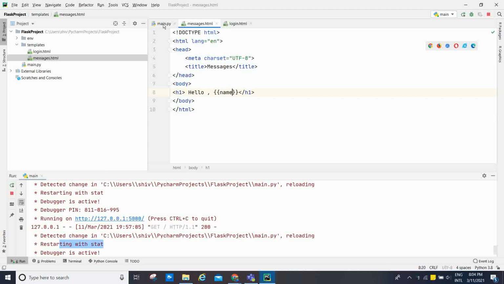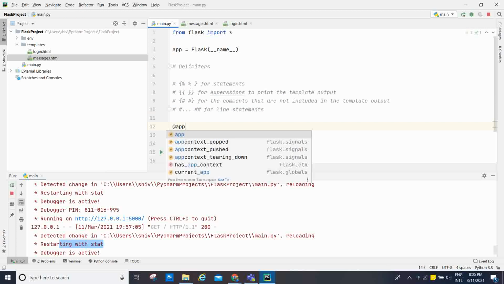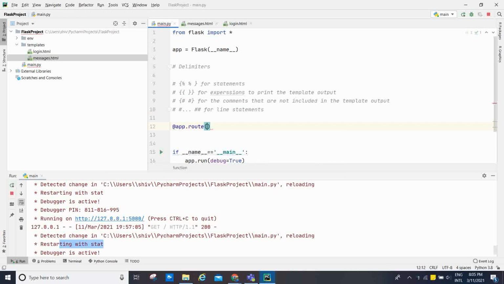Now we'll go to main.py. I'm going to use app.route and pass /user/uname.